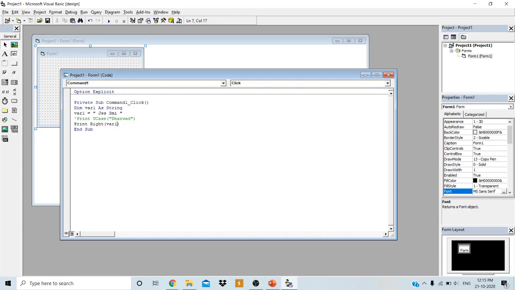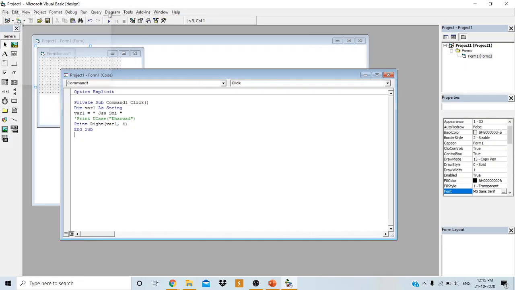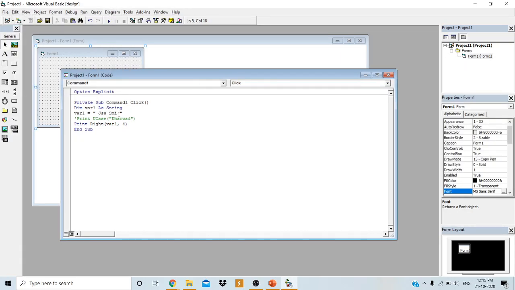Right of var1, comma, 4 I will give. What will be printed? Can anybody tell me? What will be the output? SMI. Space SMI. Yes, see, a single space is there. If I remove this space, now what will be printed? Space SMI. Yes, very good.